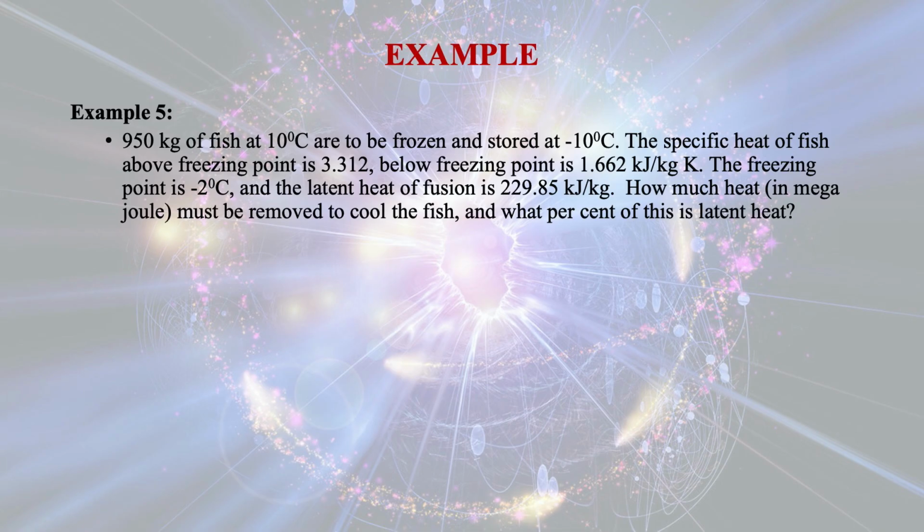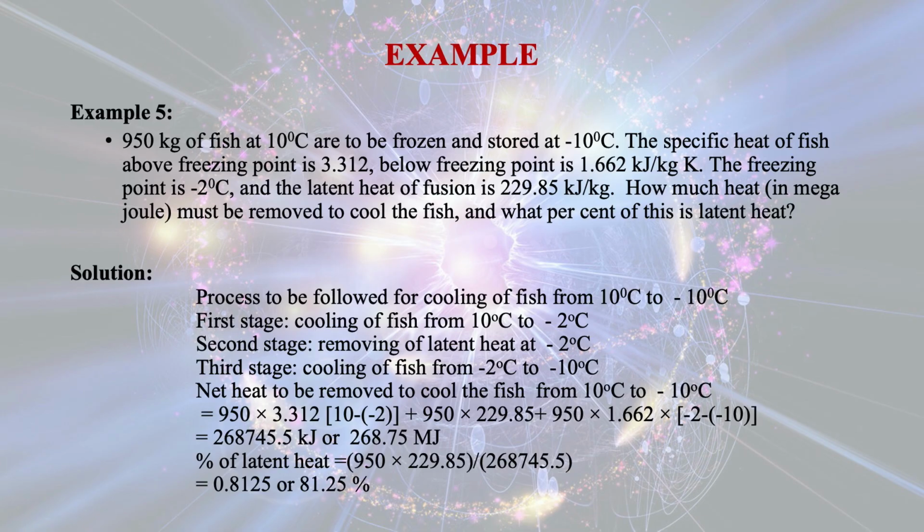Now let us see how we can do this problem. First stage, cooling of fish from 10 degrees centigrade to minus 2 degrees centigrade. Second stage, removing of latent heat at minus 2 degrees centigrade. And third stage is cooling of fish from minus 2 degrees centigrade to minus 10 degrees centigrade. Net heat to be removed to cool the fish from 10 degrees centigrade to minus 10 degrees centigrade is